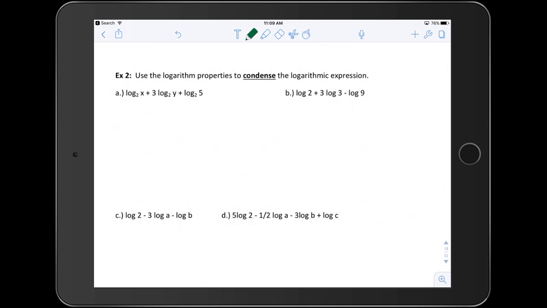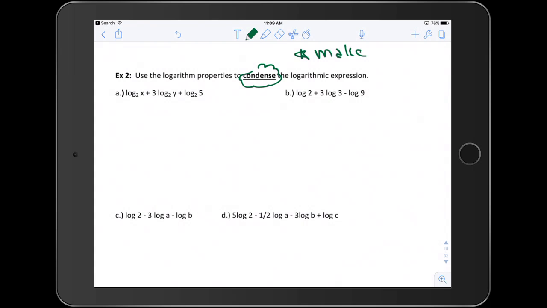This example number 2, it says, use the logarithm properties to condense. So now you're bringing things together. I do want to say, and I didn't mention it too much in that first one, because when you have one logarithm that you're expanding, of course you have the same base. But when you're condensing, you need to make